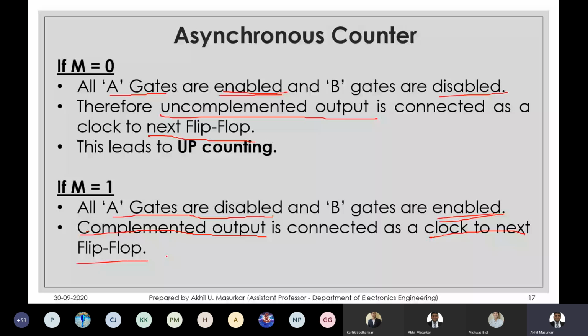So you can just write in short that if n is 0, up counting, if n is 1, down counting, and if n is 0, uncomplemented output is connected to next flip-flop, and if n is 1, complemented output is connected to the next flip-flop. Uncomplemented means Q. In the first case, Q becomes equal to clock, and in the second case, Q bar becomes equal to clock, or rather the way we write, Q bar becomes equal to,